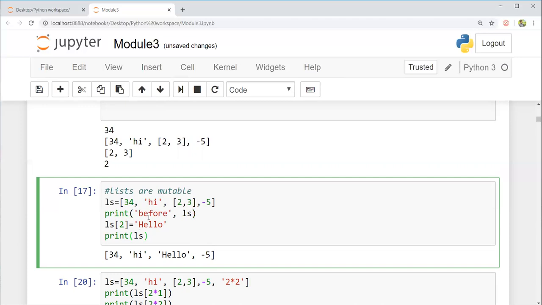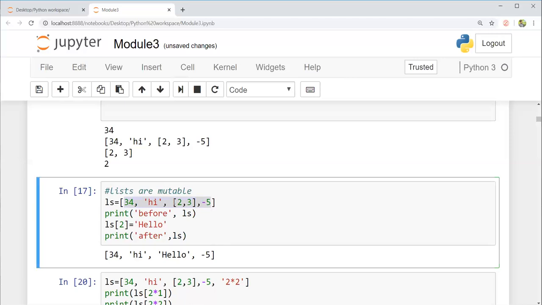Again, I would like to print and see what happens after I perform the mutation. Now carefully observe, I have created a list ls, and now I want to replace an element